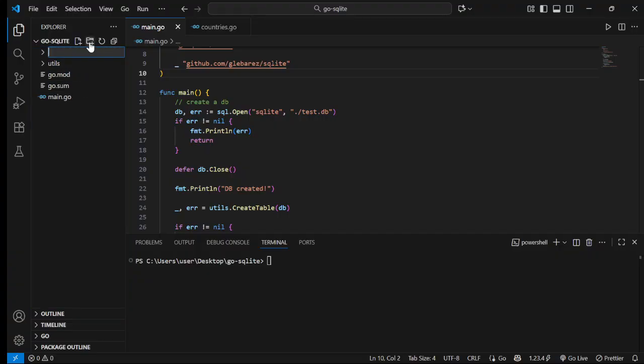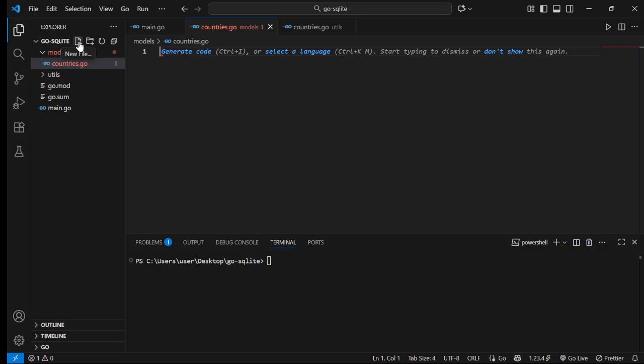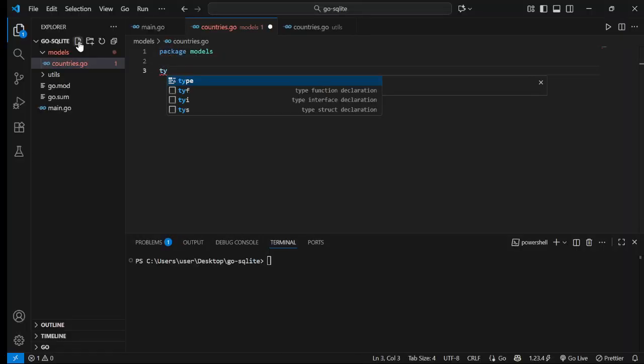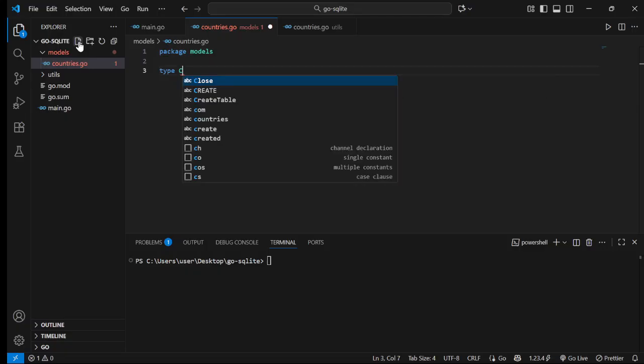So what I'm going to do, I'm going to add a new folder called country for models, and then I'm going to add my model, because for defining types, and as you all know, Go is a strongly typed language. So I'll just say models, and I'm just going to say type country